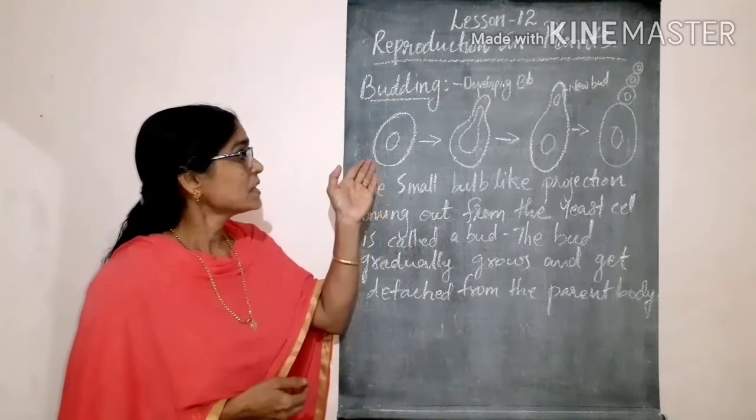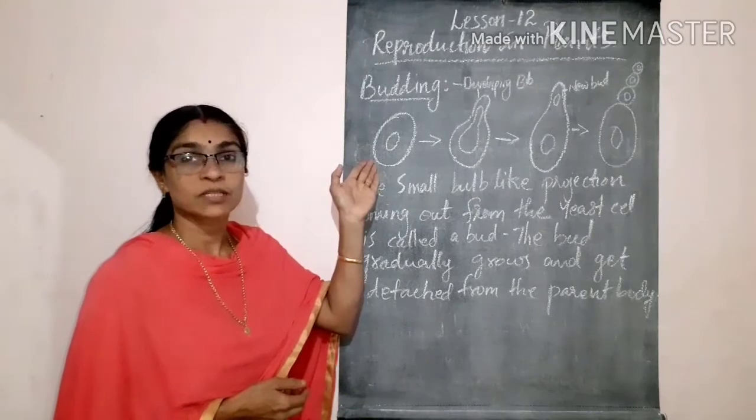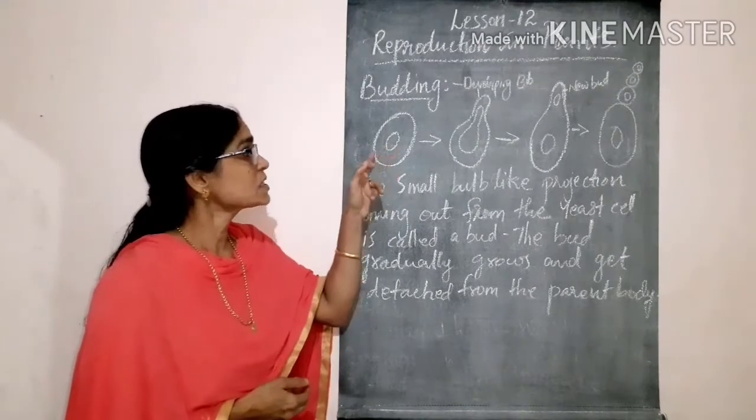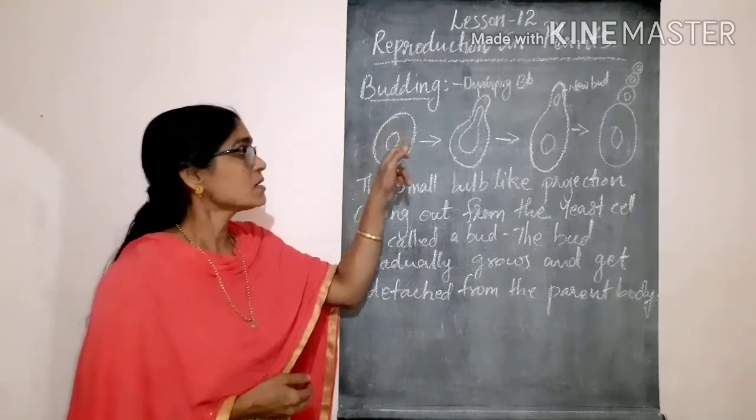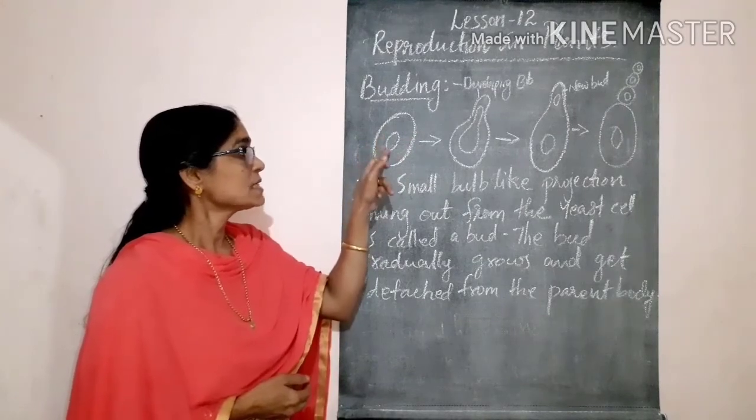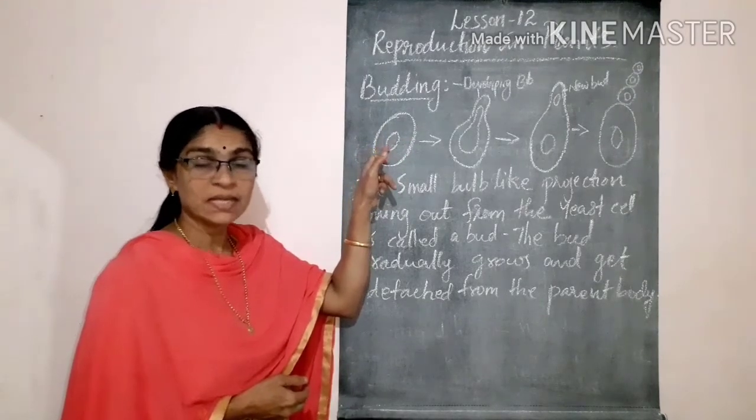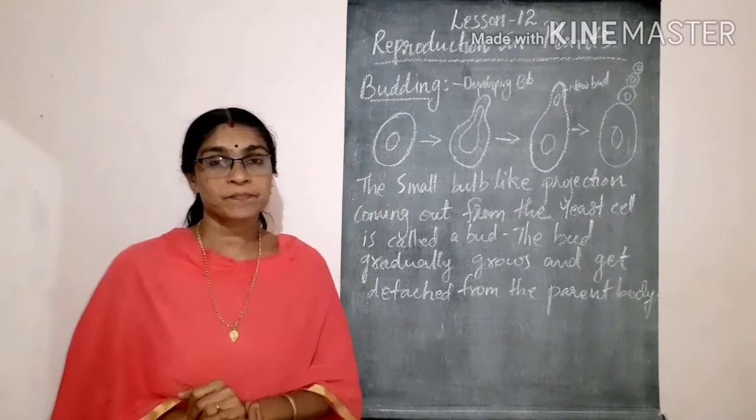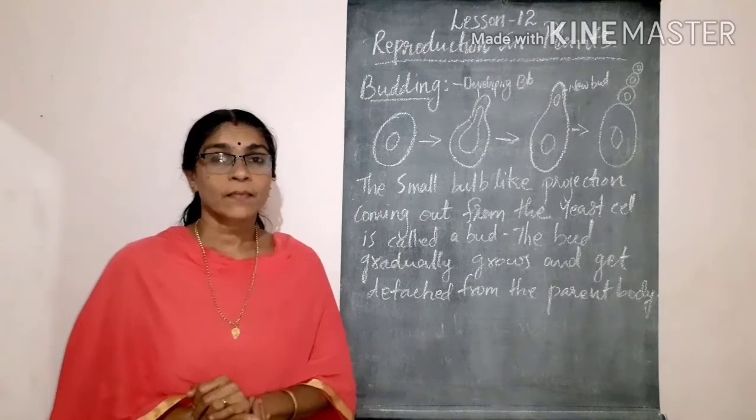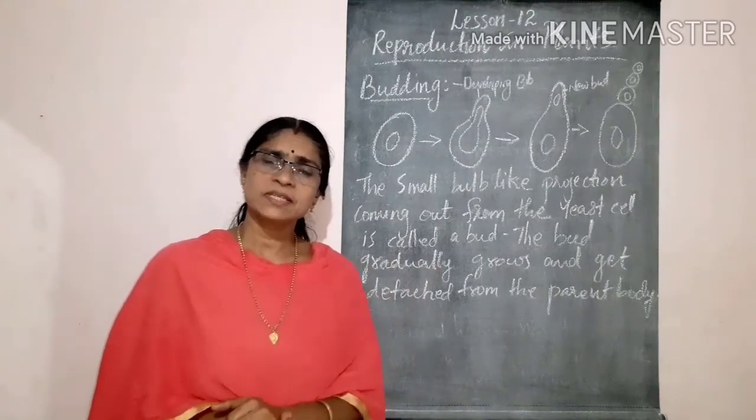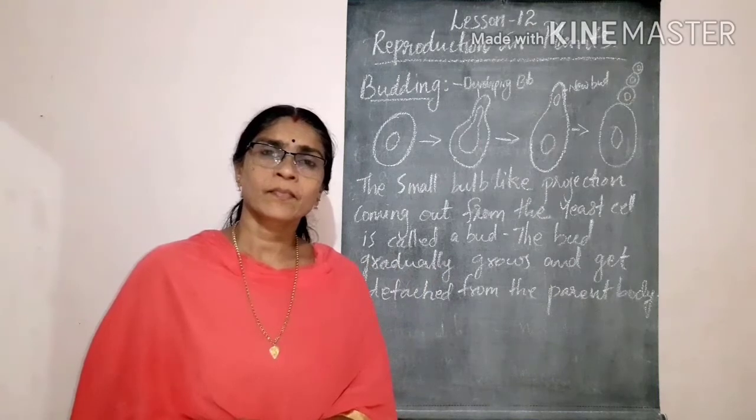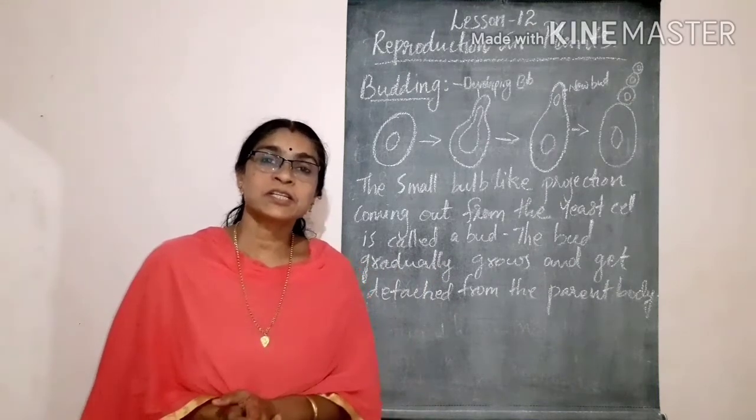You can see the picture of the yeast on the board. This is the structure of a yeast cell. It consists of a plasma membrane. Inside that we can see the nucleus, cytoplasm, etc. How do they reproduce? The yeast cells can reproduce